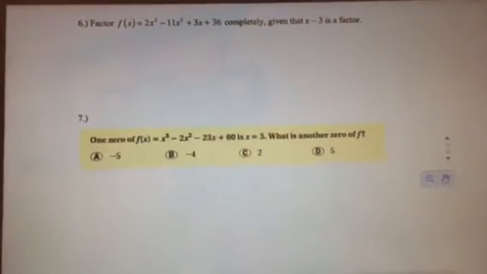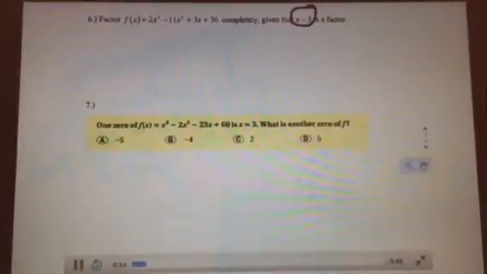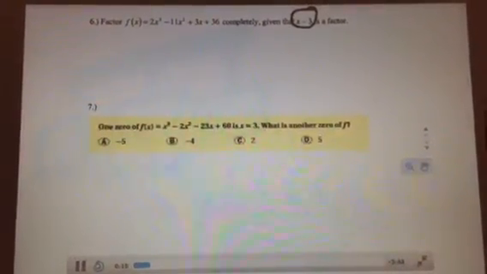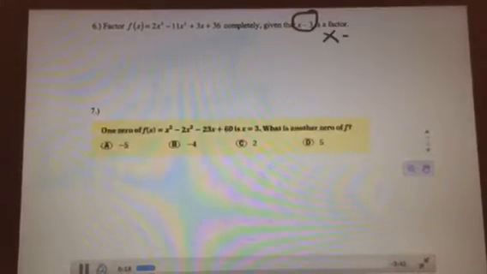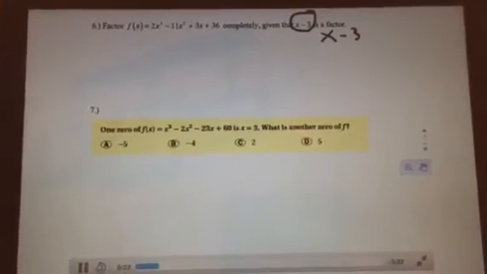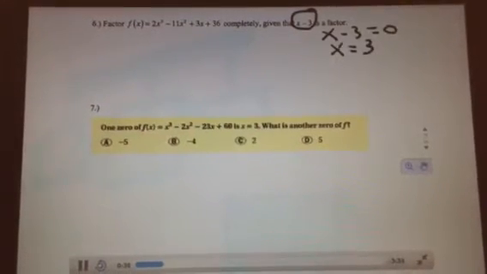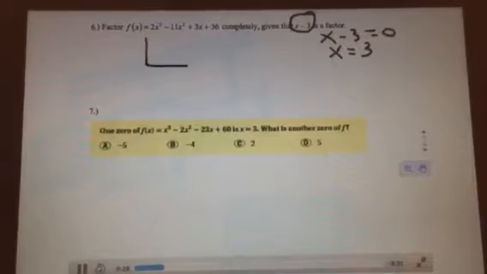Again, we're taking 2x cubed minus 11x squared plus 3x plus 36. We're going to divide it by x minus 3 to find the other factors. If I want to divide by x minus 3, that means I can use synthetic division because it's an x plus or minus a number. So I set it equal to 0 to determine that I need to do synthetic division with an x value